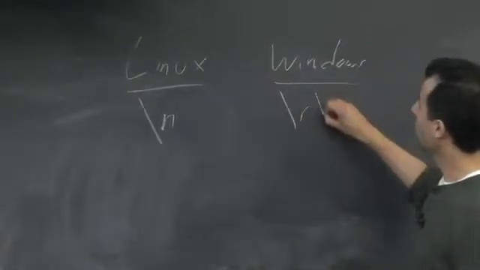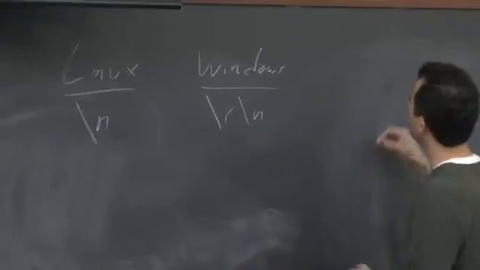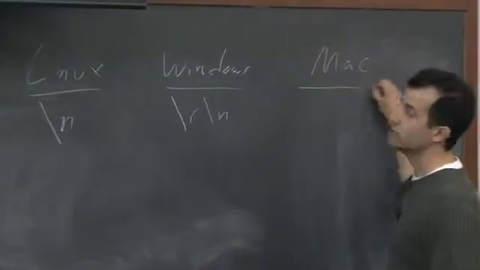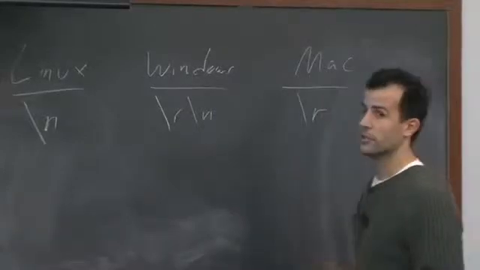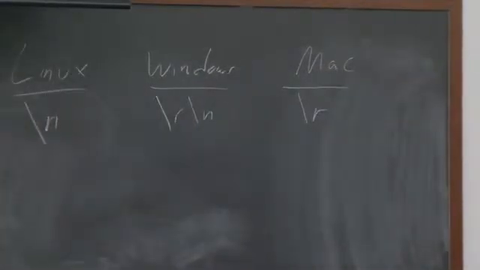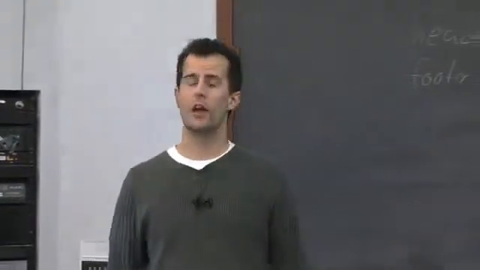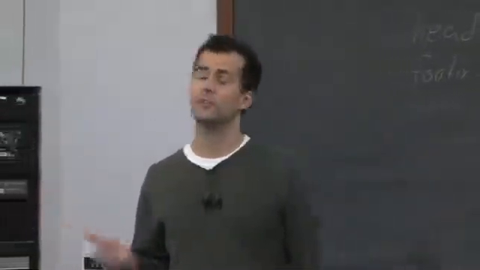Right, so \r, \n, and for God knows what reason, Apple decided to use line feed? Not line feed, but generally carriage return, \r. So in the three most popular operating systems, at least these days, you have three different approaches, and there's frankly very little compelling reason. The difference, as an aside,